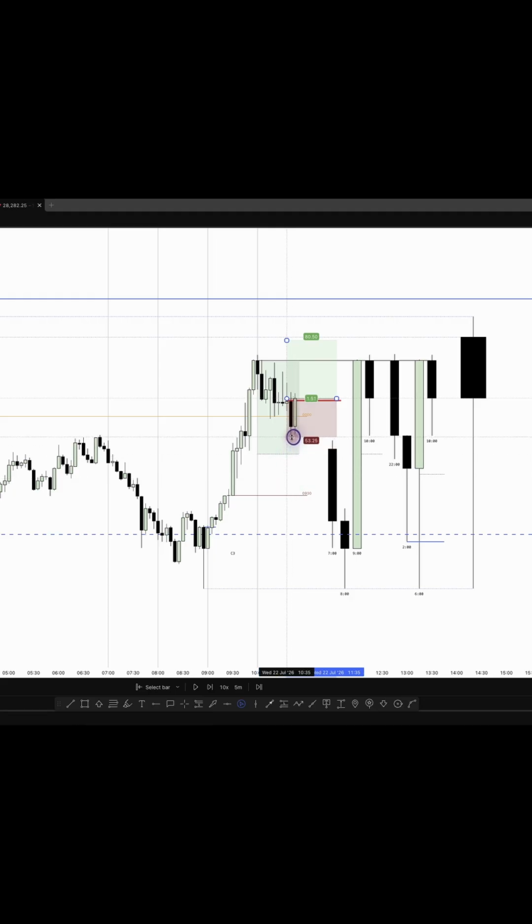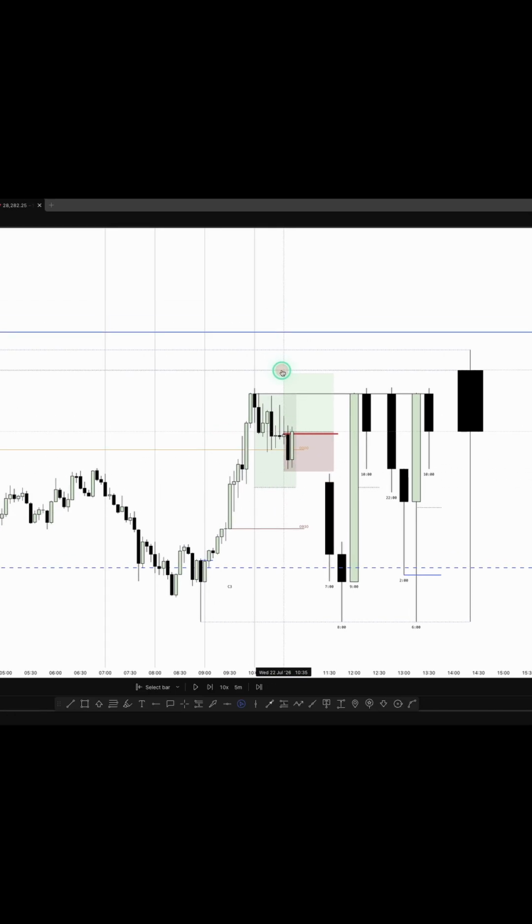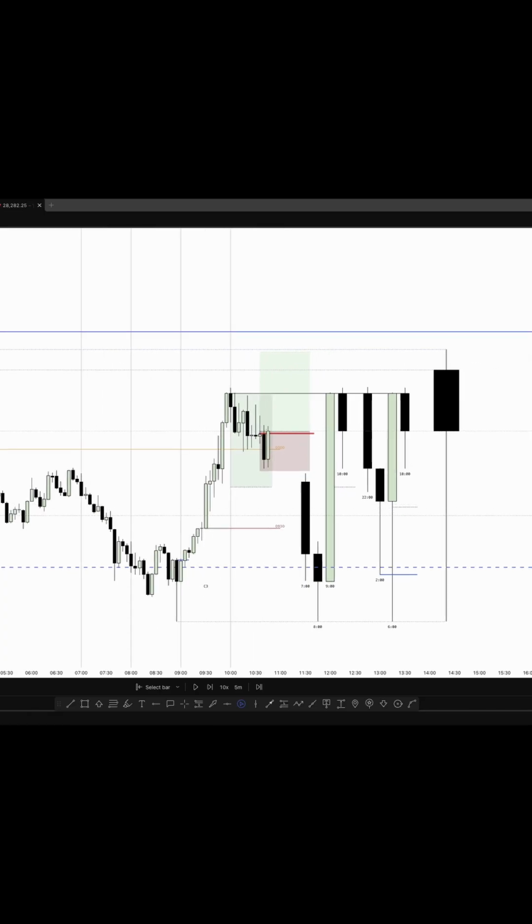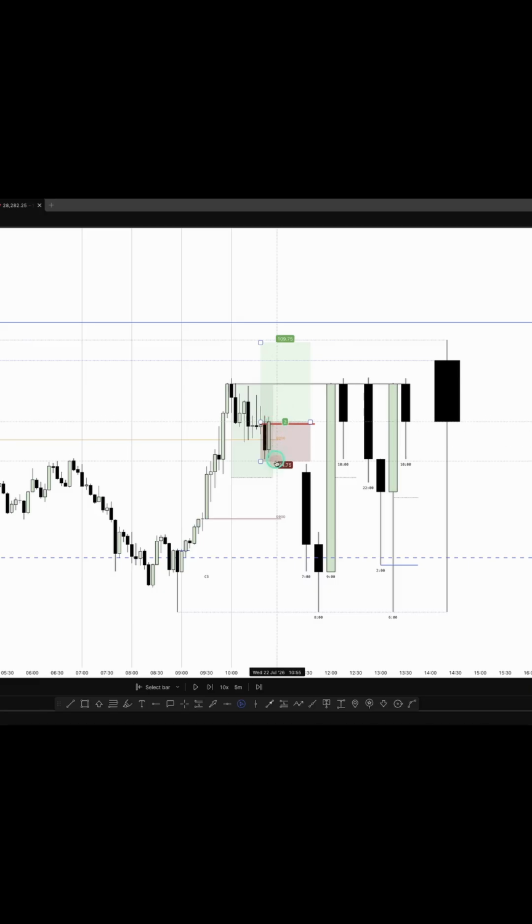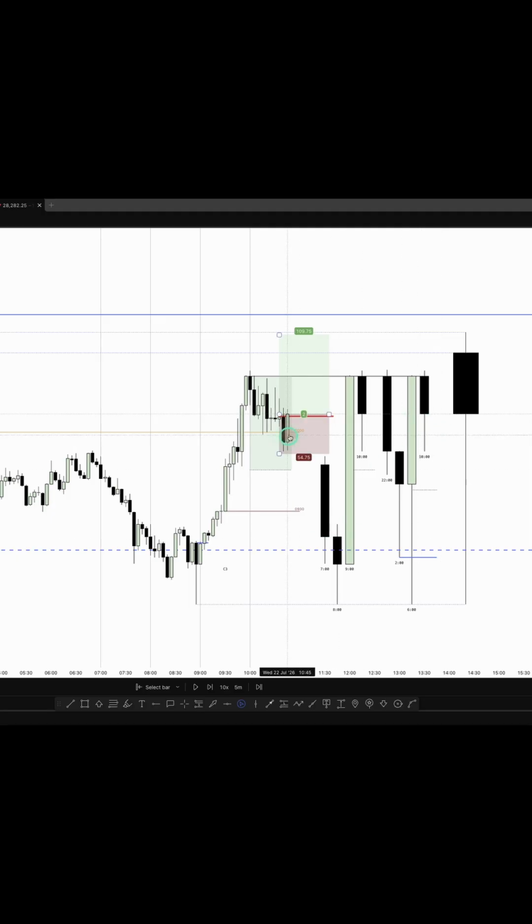You put your stop loss below this low here. Give it a little wiggle room. And then you shoot for 2R. The problem I have with this is the whole logic of this fractal model is that